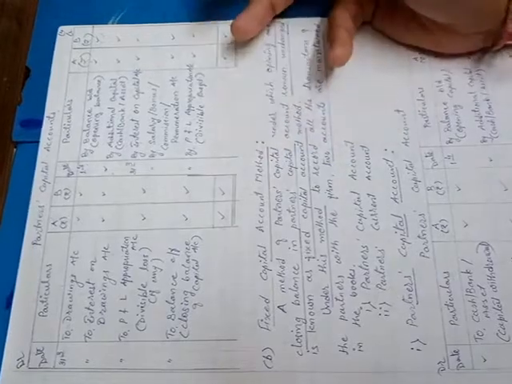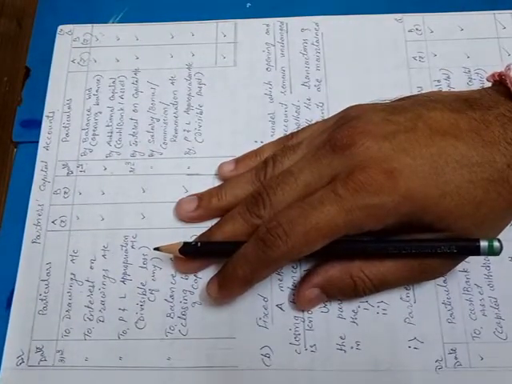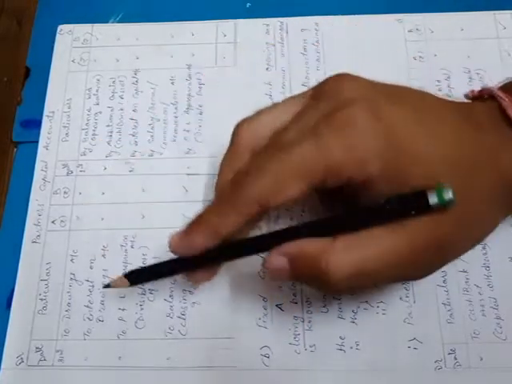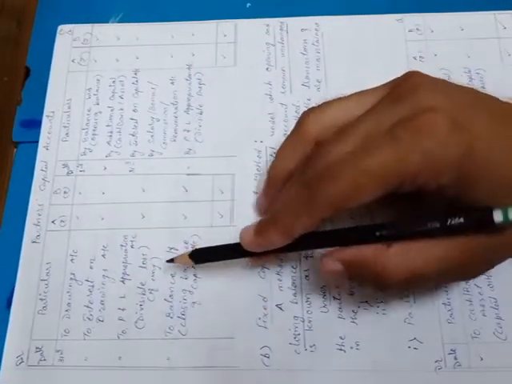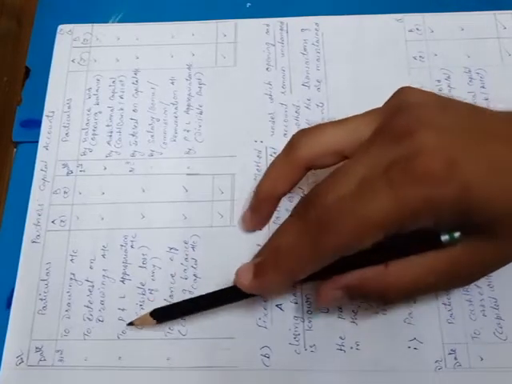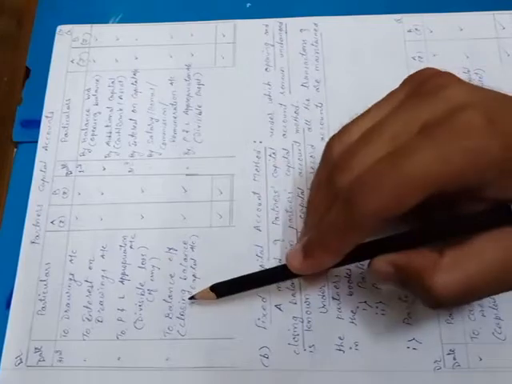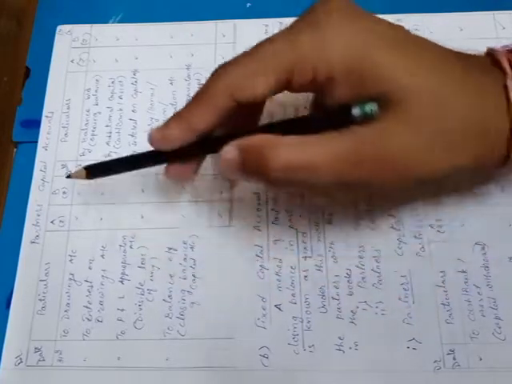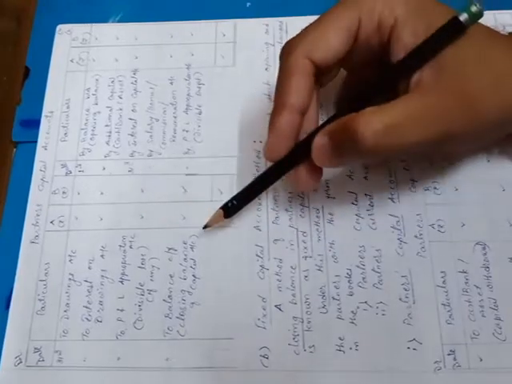And if there is a loss available, it is shown on opposite side now, that is on debit side. The journal entry is partners capital account debit to profit and loss appropriation account. So debit side of partners capital account to profit and loss appropriation account into bracket divisible loss if any. Okay, and amount according to the distribution.